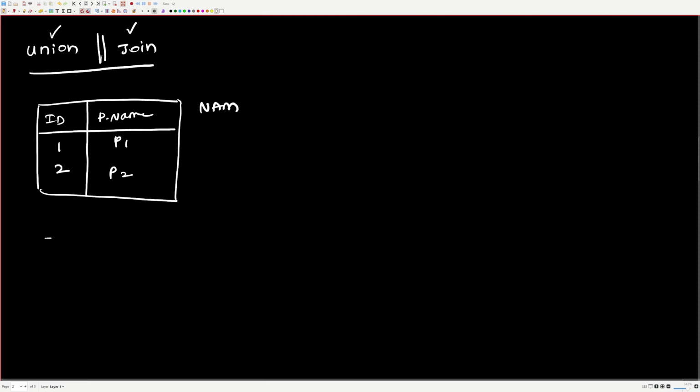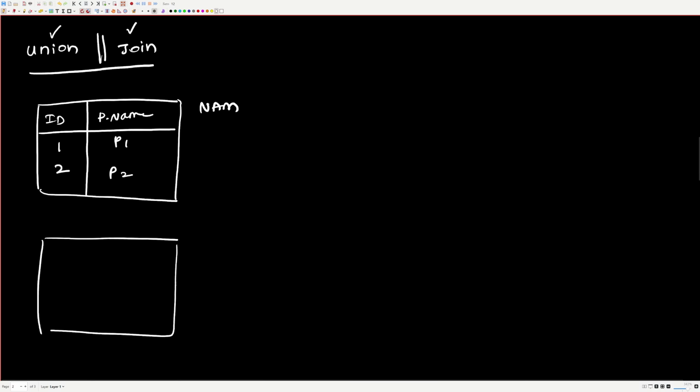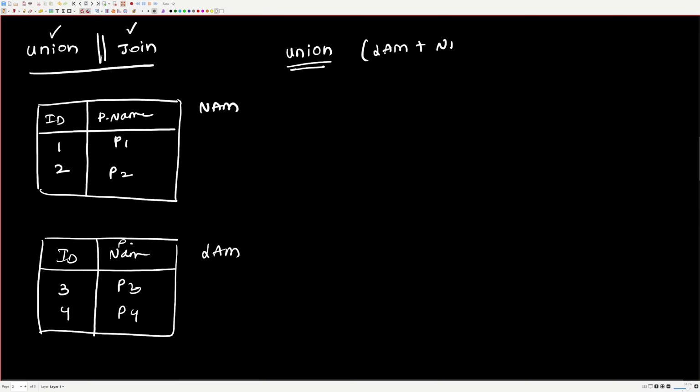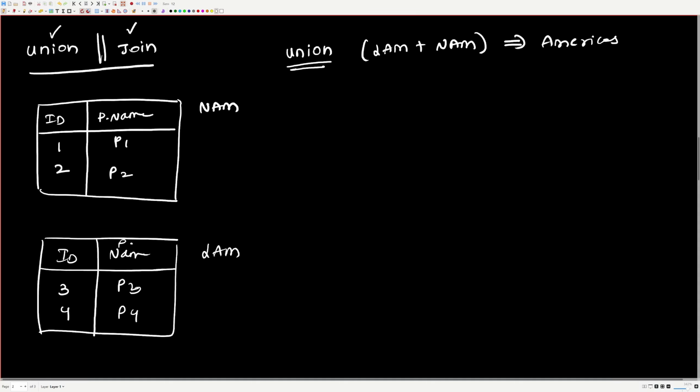Then you have another table for Latin America, which also has the ID and product name. If somebody wants one table that will have Latin America plus North America details, to create one table for Americas, then when you want both of the tables together, you perform union.